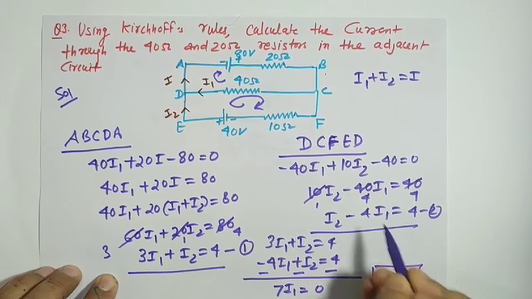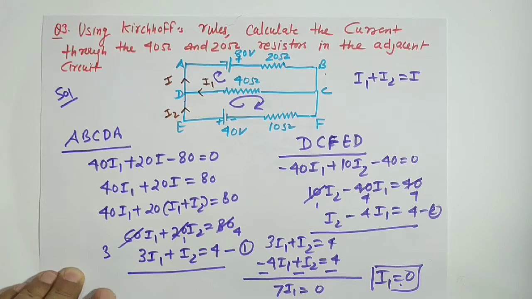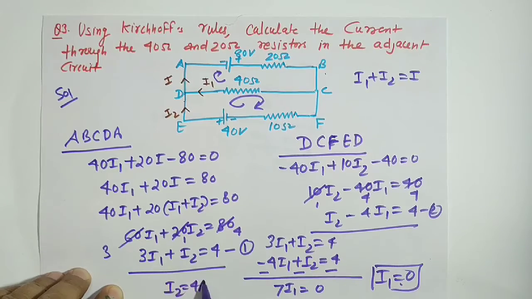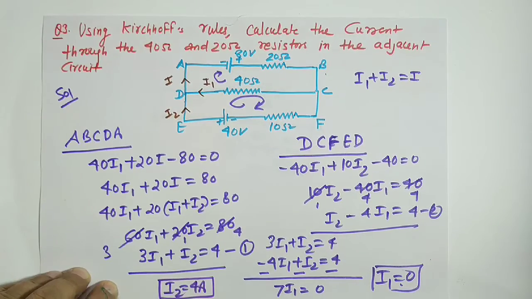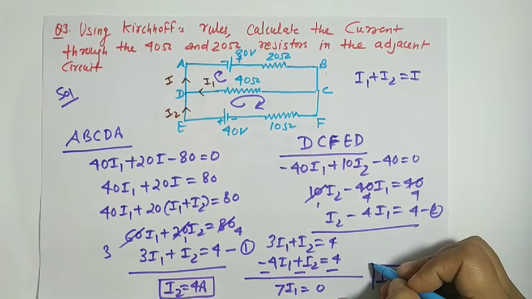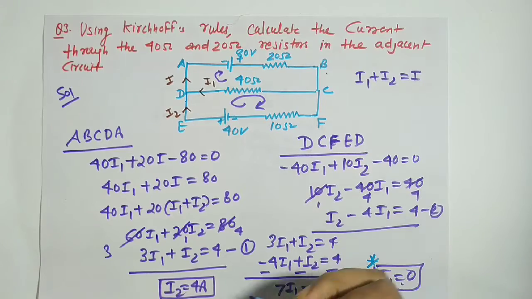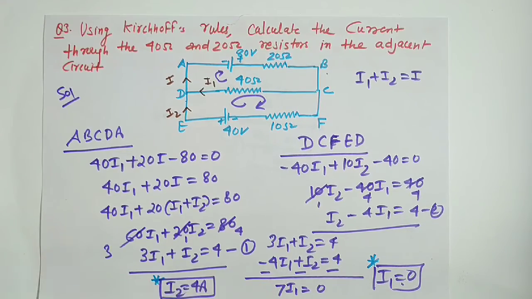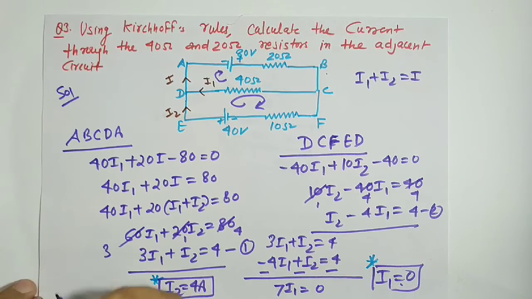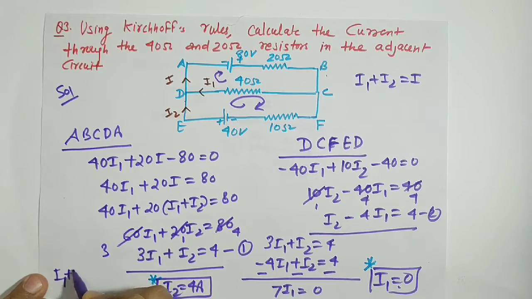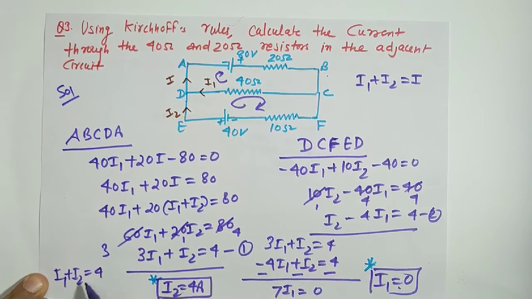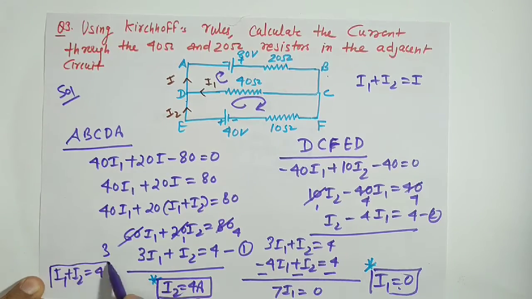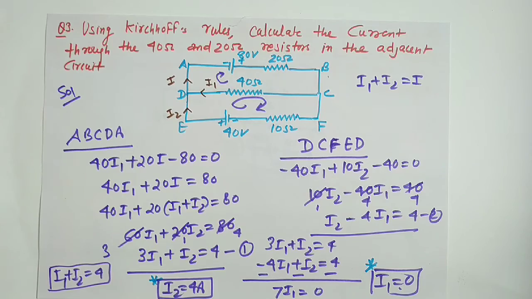So put I1 in any of the equations. If you put I1 in any of them, what are you going to get? You are going to get the other current, I2, 4 ampere. And this way you got both the currents. This is I1. You put I1 here only. You will get I2 as 4. And do you know what I1 plus I2 is? It will be again 4. So all the currents we came to know about this circuit.